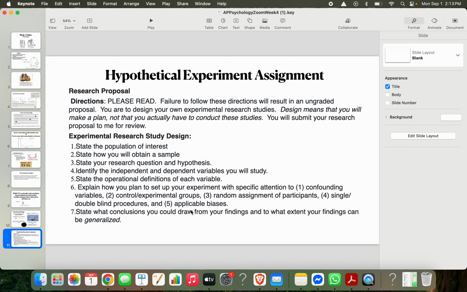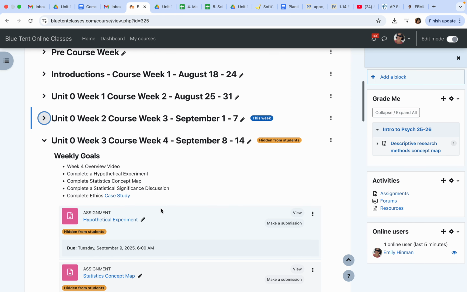And these things we talked about. Applicable biases would mean something like, is the researcher getting in the way, or even like on reporting of self-harm. So how do I know it's really reported? And then what conclusions can you make at the end? You don't really know, but what conclusions can be made? So that's kind of a quick overview of this week as fast as I can do it.